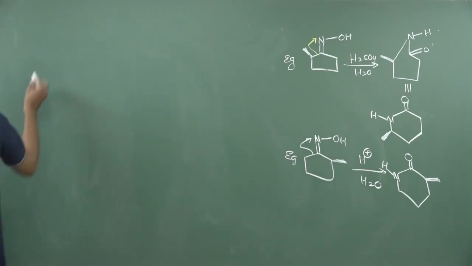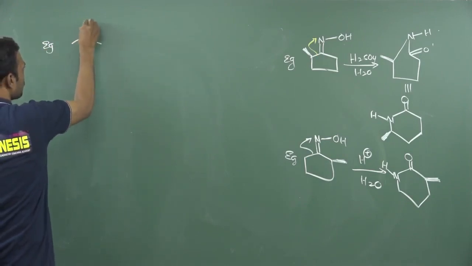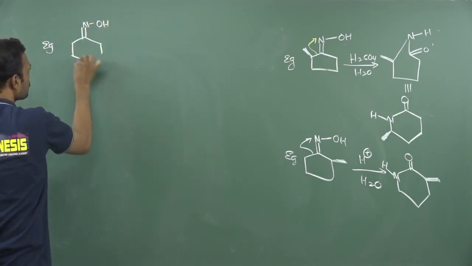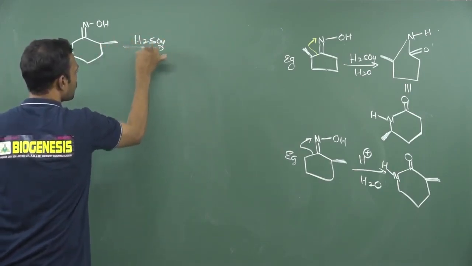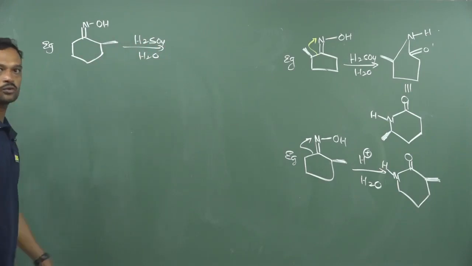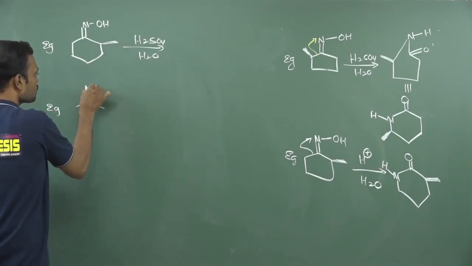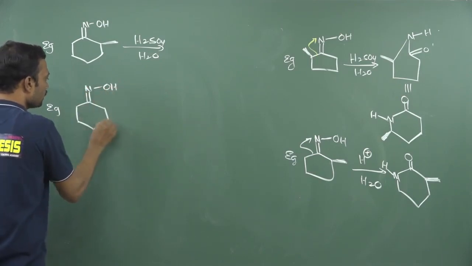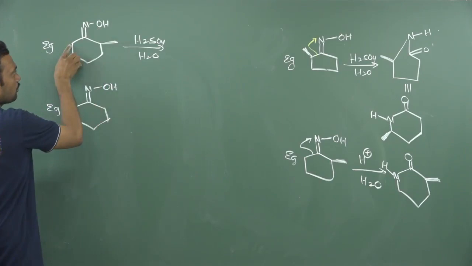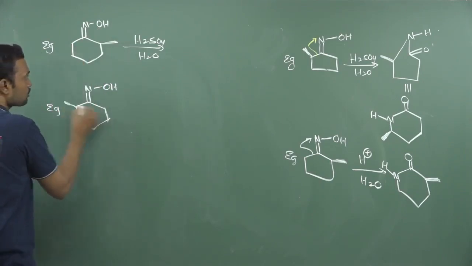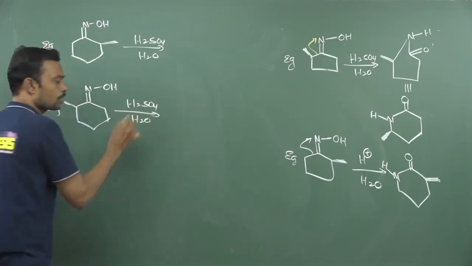Okay, you can also try this. See, I am taking a 6 member ring. This is C double bond O, NOH. This is 6 membered, and here I am writing a thick line. So can you work out this? H2SO4. You give your answer in the comment section. You can understand clearly, I think so. Here this is the nitrogen hydroxy group, and here I am giving a thick line exactly opposite here. This is the migrating group here. Now if I write here, now which is the migrating group? So just write down your answer in that respective part.